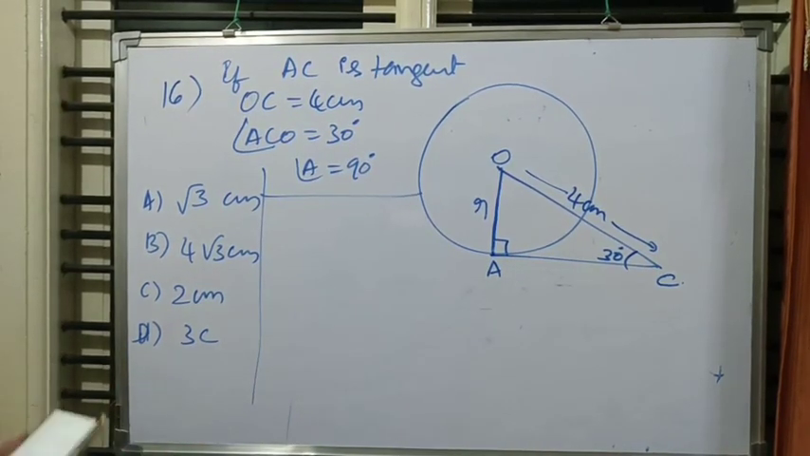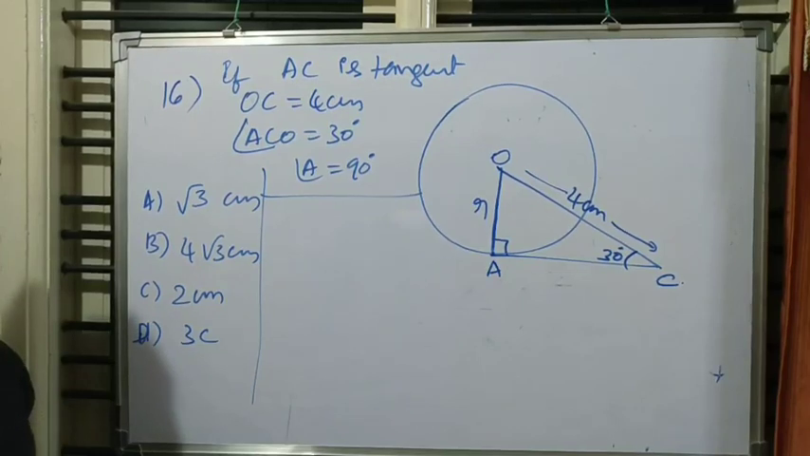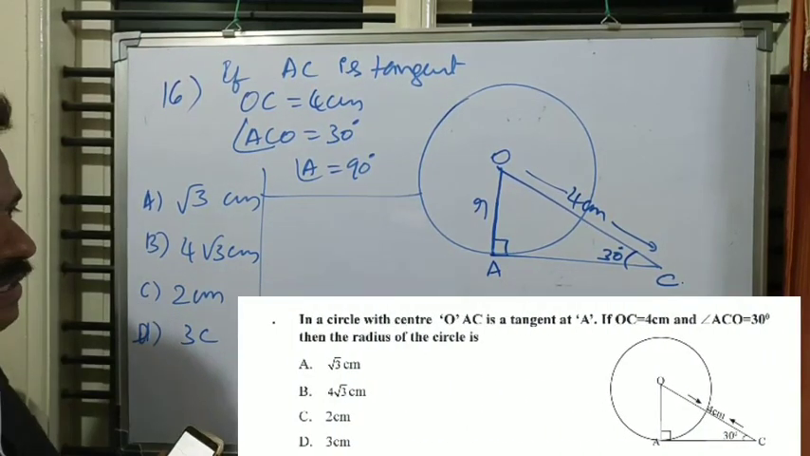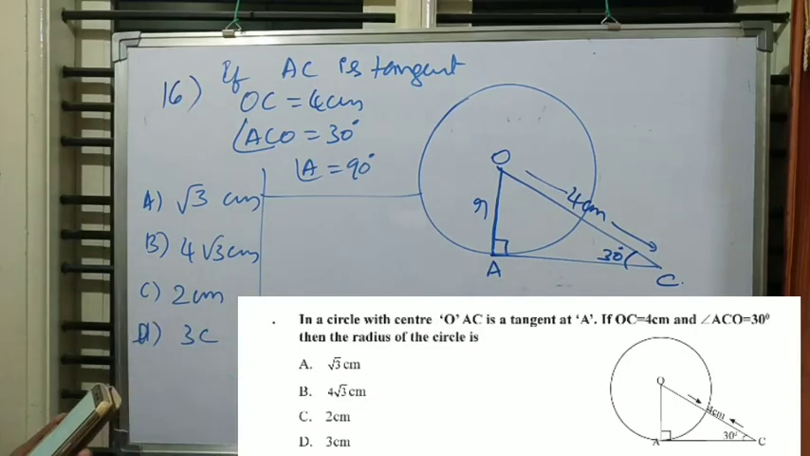Okay, dear students, this is question number 16. This is also related to trigonometry, but they have given a circle. Don't get confused, it is not from the circle chapter, it is trigonometry related. How is it trigonometry related? See, the question is like this. In a circle with center O, AC is a tangent at A. If OC equals 4 centimeters and angle ACO equals 30 degrees, then the radius of the circle is